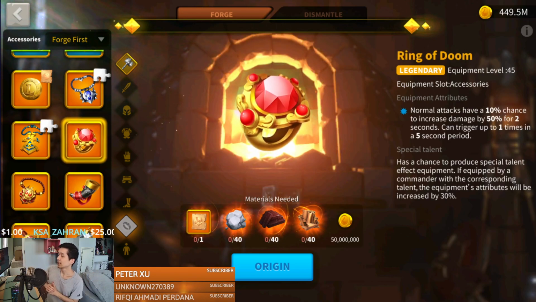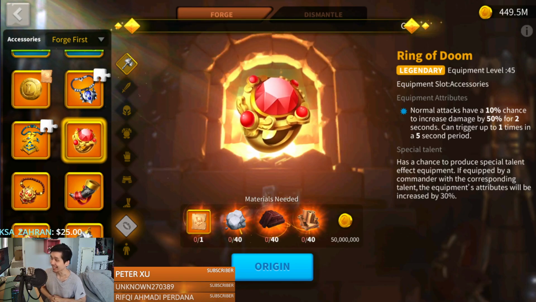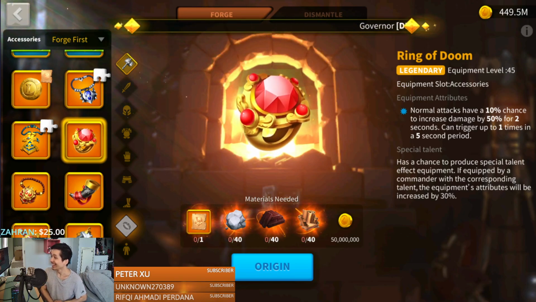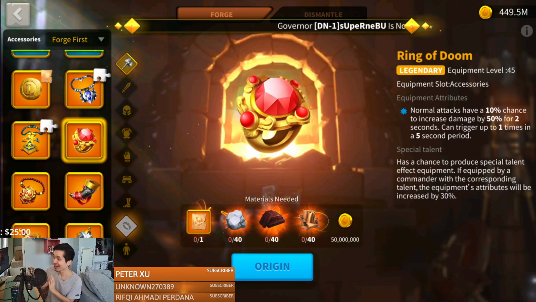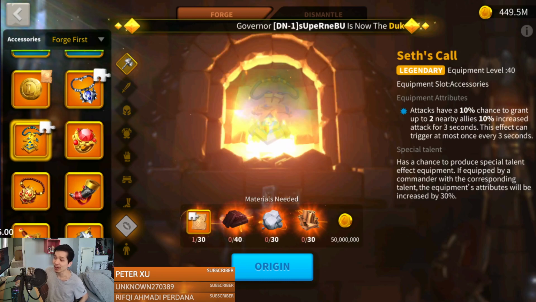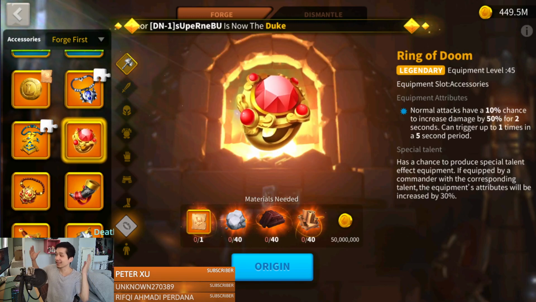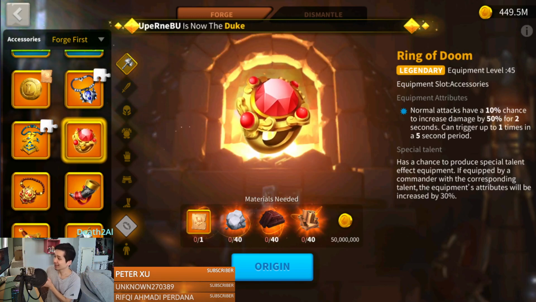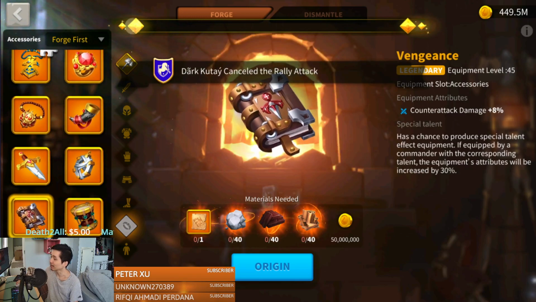So Ring of Doom, a 10% chance to increase damage by 50% for 2 seconds. Would you get a 50% damage increase for 2 seconds, or would you get a 20% attack increase for 3 seconds? I think the answer is so obvious, right? So the Ring of Doom is so much better, right? Or if you look at some other item down here, we got this one right here, like Vengeance